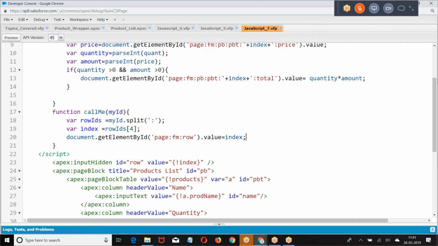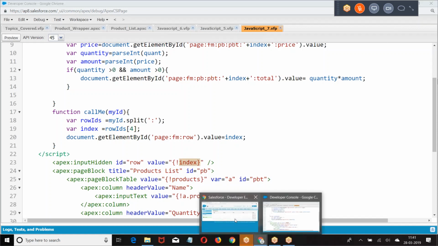Whichever row I clicked, the row ID we are getting here. Based on the ID, I find out the row number. That row number I am assigning to index. Go back to this.